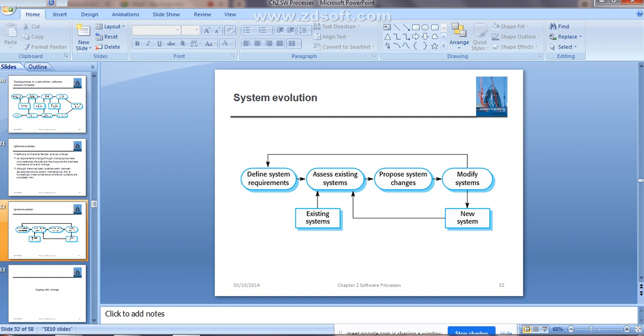That means first you come up with the requirements. According to that requirement, you check whether there is any existing system or not. If there is an existing system, you use some of the components, some of the elements from it. Then to meet your requirement, you propose a different system.